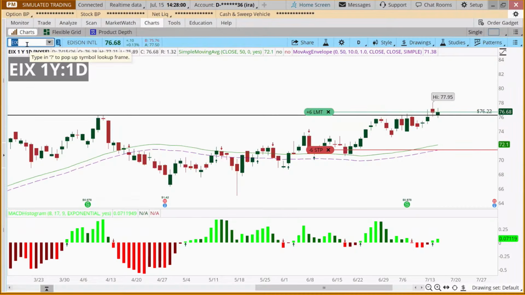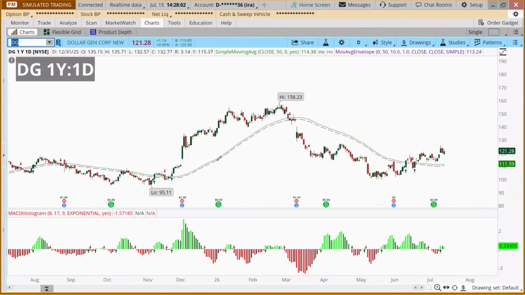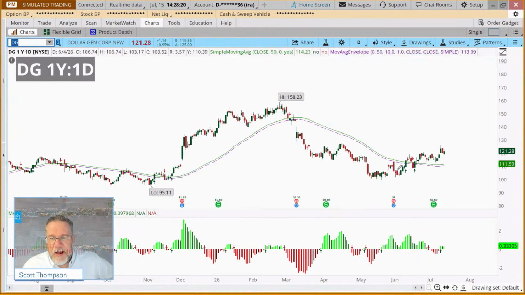Dollar General, DG. Now, Dollar General is kind of interesting, and the reason I picked this one is because it was downtrending, and it looks like it actually changed that trend. And we can see that, as we define an uptrend. We'll talk more about technical analysis details next week, so be sure to join us next week. But an uptrend is defined by higher highs and higher lows in price, and this has started to stair step up. We just made, 3 days ago, a new short-term high in the trend, and we're making short-term higher lows as well. And the MACD went green fairly recently here.